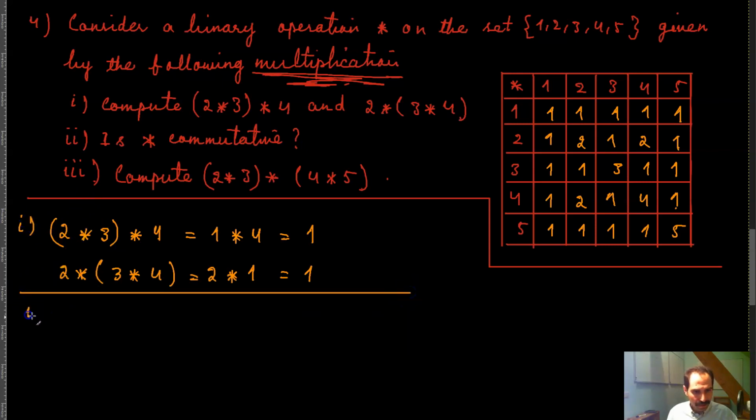So in order for star to be commutative, the condition is that A star B has to be equal to B star A for all A and B belonging to the set that we are talking about, for example, let's call it the set X, or whatever the set might be. So now I think the only way that we can find out here is that because we have no rule here, we have only a table, and so the only way that we can find out is that we have to